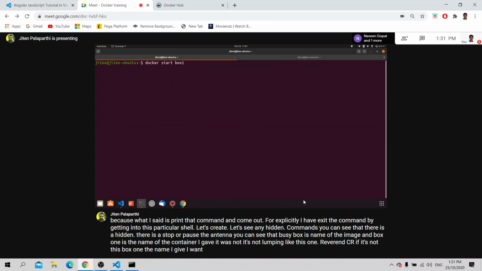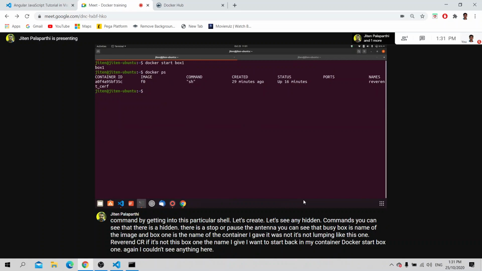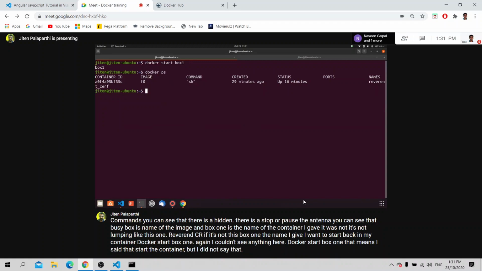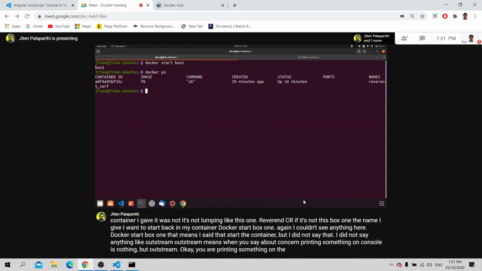I want to start my container again: docker start box1. Again, I couldn't see anything here. I said start that container, but I did not say anything about outstream. Outstream means when you print something on the console, the console is nothing but outstream.